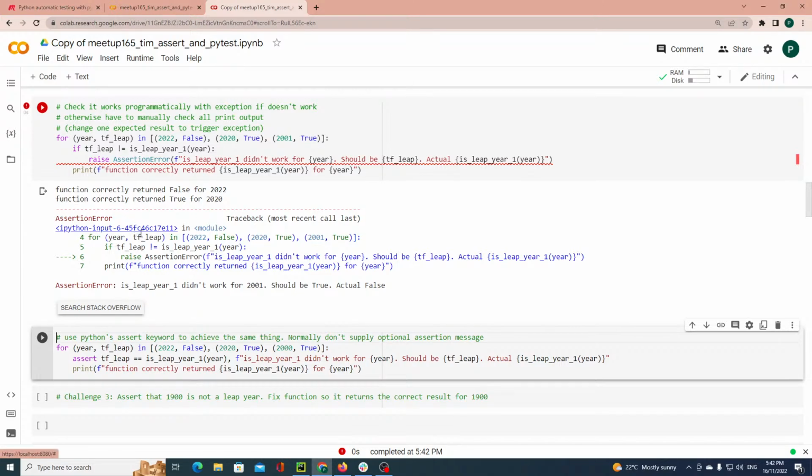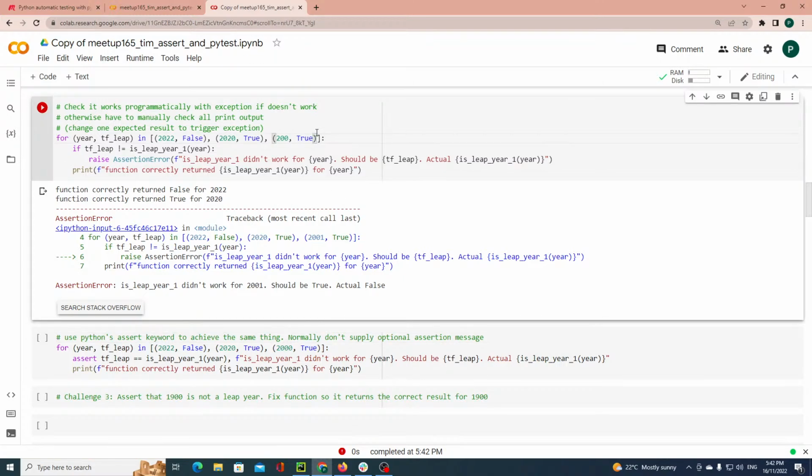It's pretty clear now that one of our functions didn't work. We've got an assertion error. Is leap year 1 didn't work for the year 2001. It should be true, but it's actually false. Okay, now that's not actually correct, but I don't like having errors being thrown in my Google Notebooks, because if